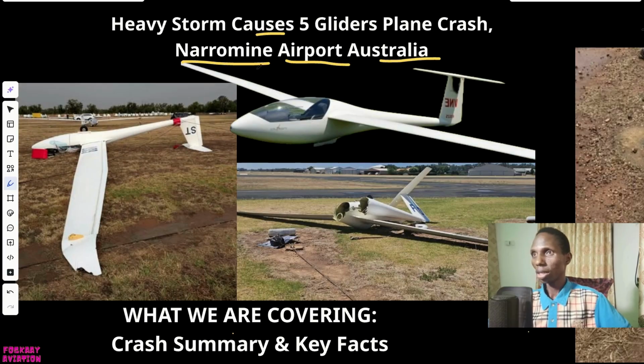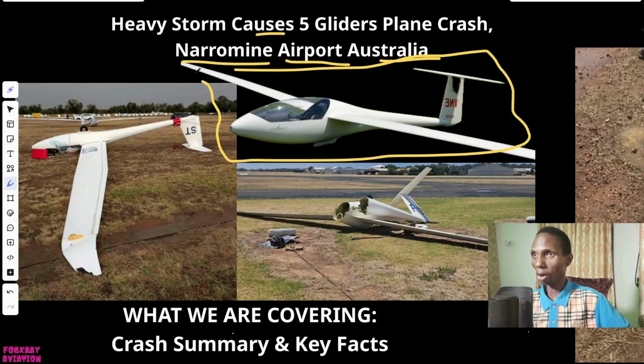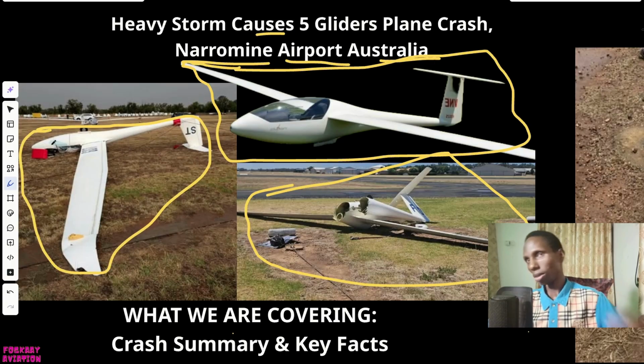But first, this is not the precise glider airplane that was involved. I always like to bring you an example to see how it looks like. This is how it looks, and these are the outcomes of some of those gliders. You see, this even broke into 2. And this is another one from the event that flipped over. There are multiple like that, but these are examples of a glider plane not precisely involved in this incident.